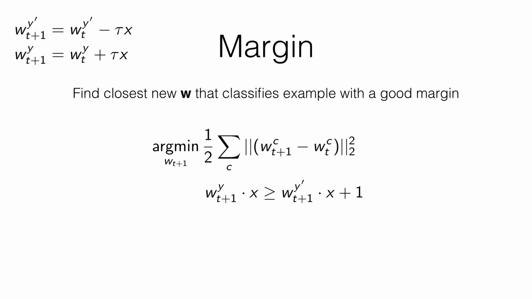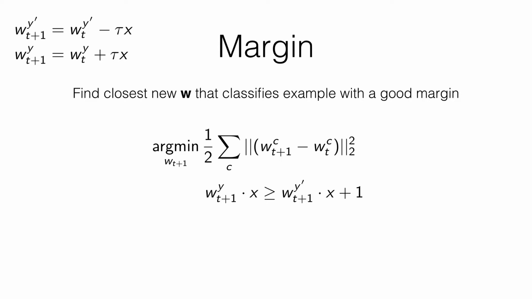And all we can do, according to the update equation, is update the weights for the true class and the class that we predicted, right? So y and y prime. So when we think about this distance term in the objective function of the optimization, of the minimization,